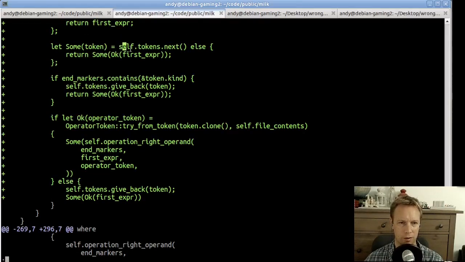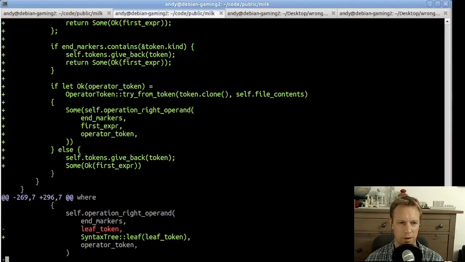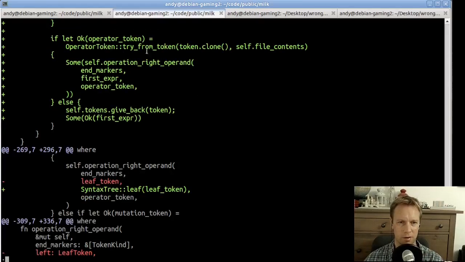And then we look for, if it's an end marker, we put it back and just stop. But if it's not an end marker, maybe it's an operator. If it's an operator, like less than or equals or something, then we call operation write operand and return the result of doing that. Otherwise, we give up. And operation write operand will itself call expression for the right-hand side,